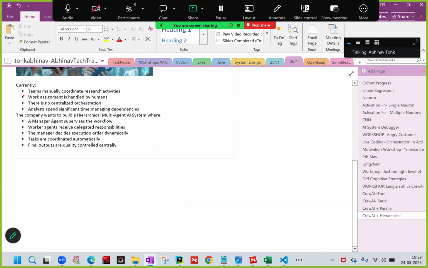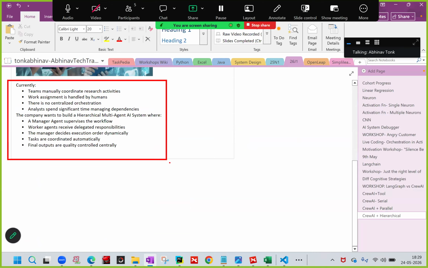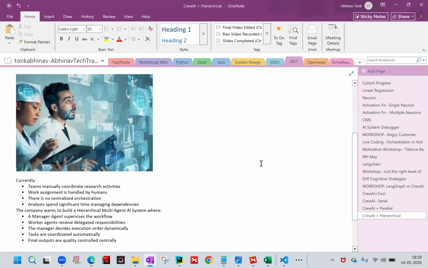But read this problem statement. Currently, teams manually coordinate research activities. Work assignment is handled by humans. There is no centralized orchestration. Analysts spend significant time managing dependencies. The company wants to build a hierarchical multi-agent system where a manager agent supervises the workflow. Worker agents receive delegation responsibilities. The manager decides the execution order dynamically, tasks are coordinated automatically, and final outputs are quality controlled centrally. So this is something that we want to